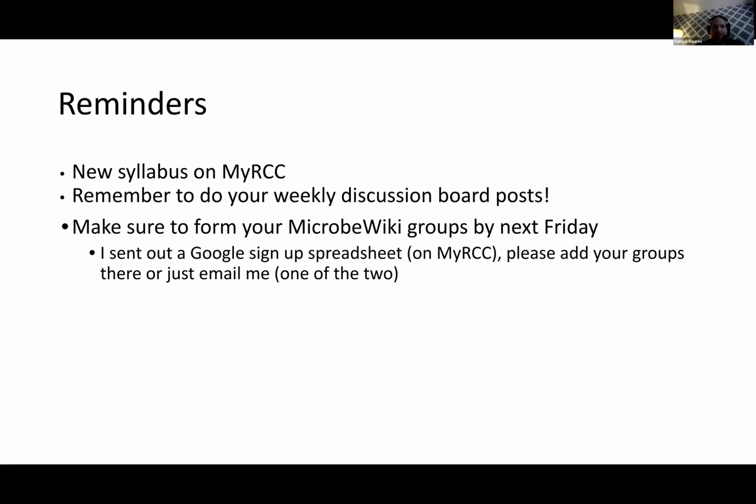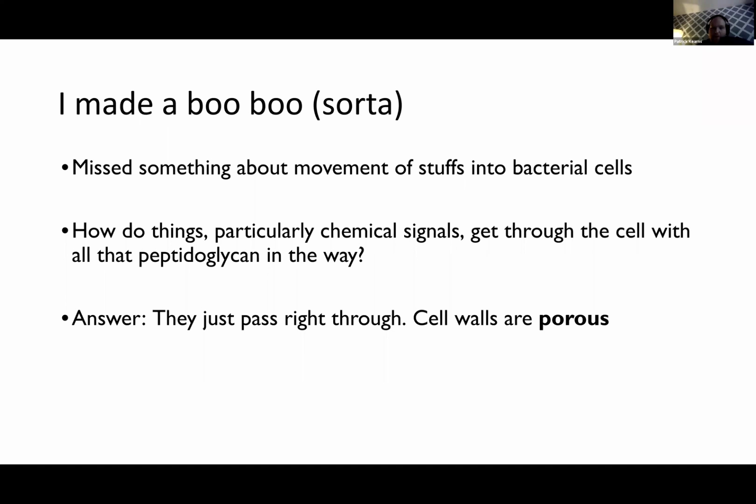So with that out of the way, I did make a little boo-boo last class. I missed a little bit of something about how things move in and out of bacterial cells. We talked about the cell wall, the S layer, and the capsule, but we didn't really talk about how things move in and out of the cell. In particular, how do things, principally chemical signals, get through the cell wall with all of that peptidoglycan in the way? And the answer to this question is the fact that the cell wall is not really a wall